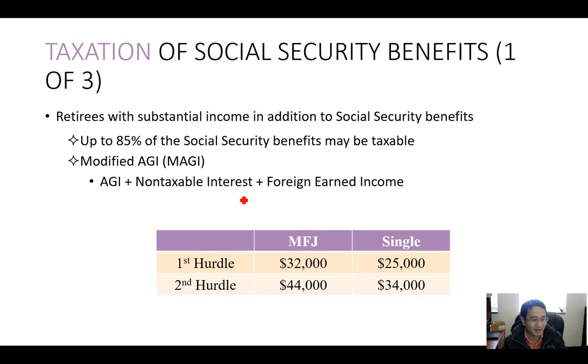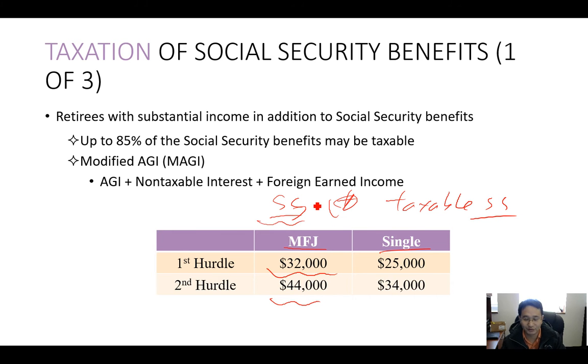And then Social Security benefits are also taxable. You just need to know that they have some hurdles: married filing jointly, single. The book has several pages to ask you to calculate those. I don't think I'll ask you to do that. It's not because it's not important. It's because when you do your tax 1040 filing, you will see there is a line for Social Security, and then another line called taxable Social Security. So not all Social Security income is taxable, but it depends on your modified AGI. Some part can be taxable. It ranges from 0 to 85%.